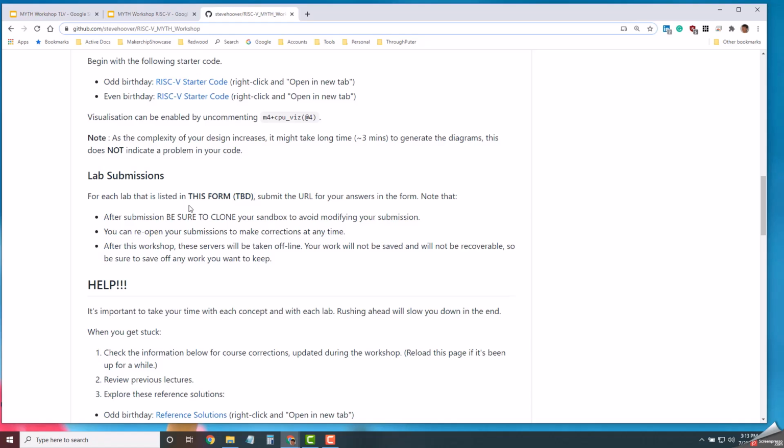You want to copy that sandbox URL, put it into the form for the corresponding lab, and after you capture it, make sure you go back to that sandbox and clone it. The reason is, if you continue to work in that sandbox, all the changes that you're making will be saved automatically and reflected in that URL. So after you've captured that URL, you want to either close down that window after saving your work outside,